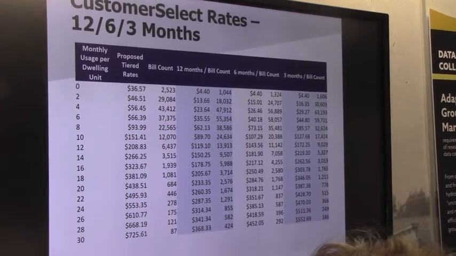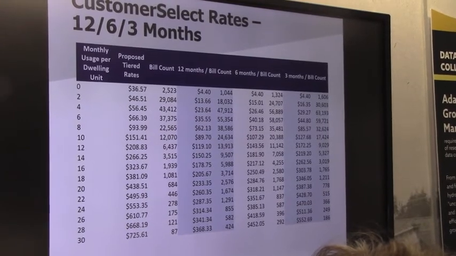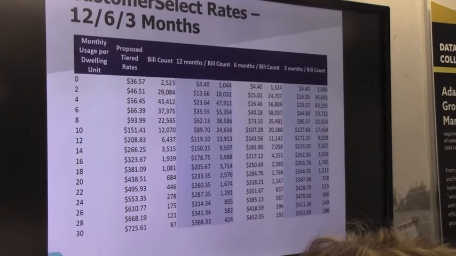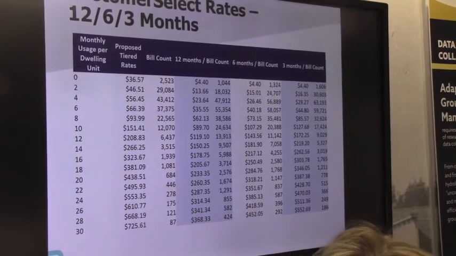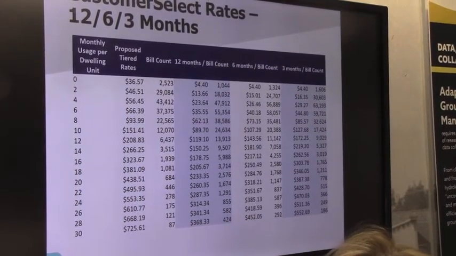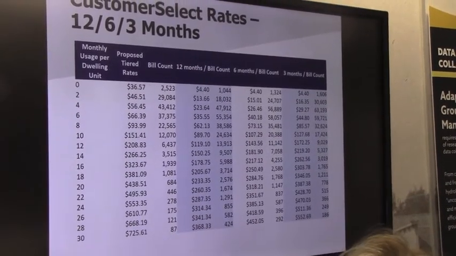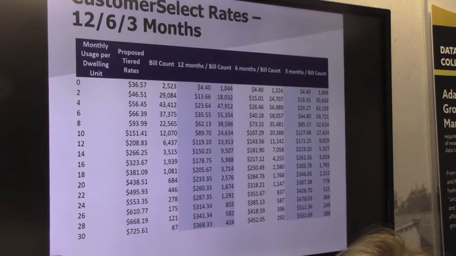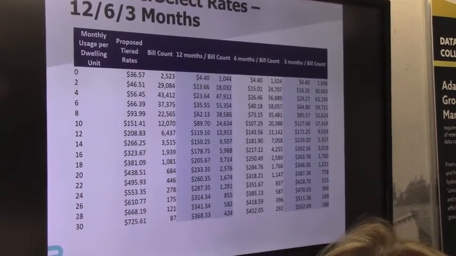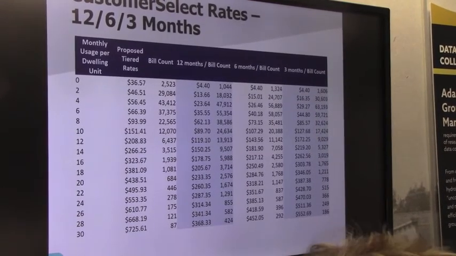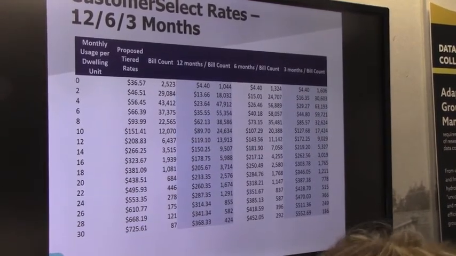Right. So we still have to put in pipes and pumps and wells and tanks. Are they paying their fair share of that system cost? There's a real disparity there. The proposed tier rate for 0 is $36.57. It's a lot of money compared to $4.40, right? Yeah, I'm not sure how we got the 4.4. I don't know either. It doesn't make sense to me. I think it's just based on that peaking ratio.